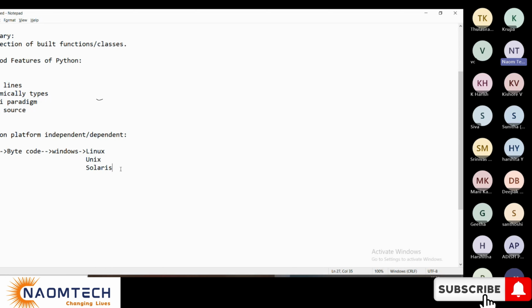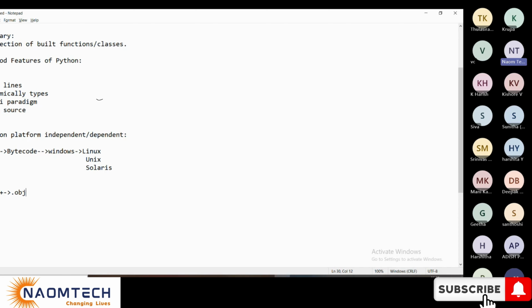And dependent means languages like C or C++, where there is no such bytecode concept, but something called dot obj.